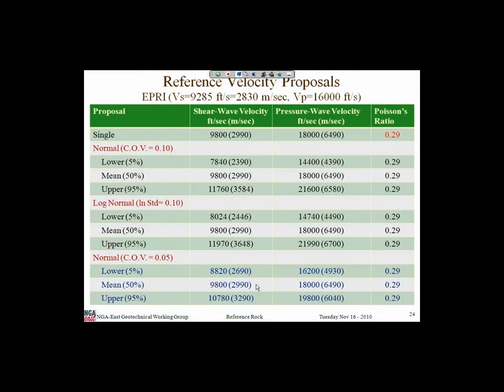here. And these are issues that will impact the whole project, how we are going to select what numbers we're going to select. The question is also, do we want to just stick with the EPRI recommendation? That's why I put it up in the title up here. Do we want to stick with that? Or do we want to move to these new numbers based on the data that we have?